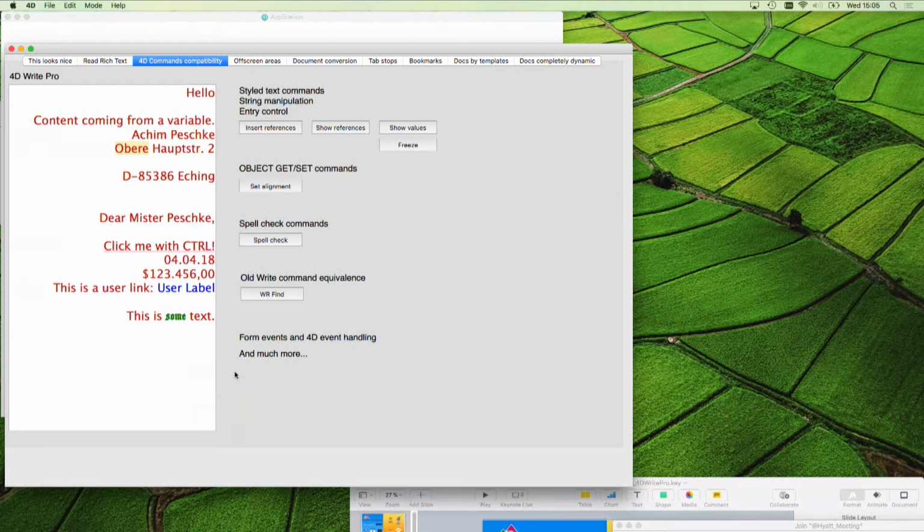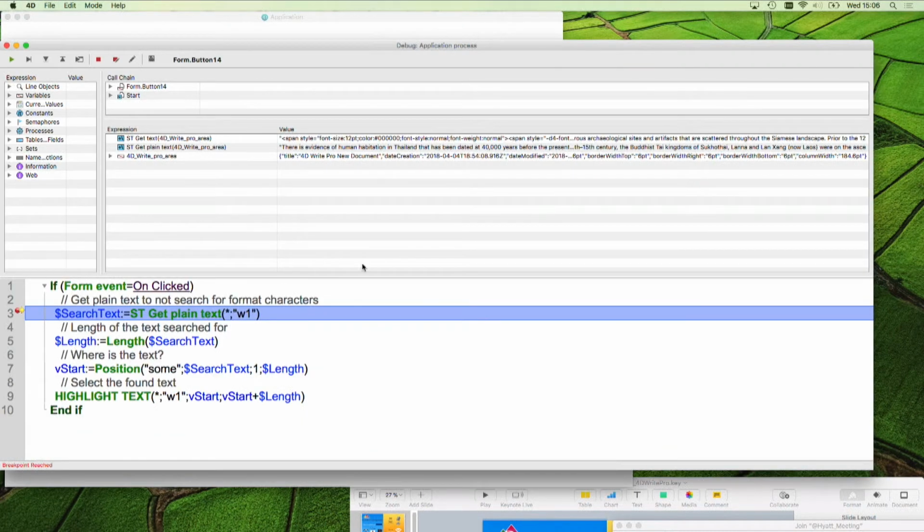So, and now, what is with your old 4D Write programming? For example, an often used command is WR Find to find words in a text. So all these commands do not work anymore. What can you do? Yes, it's 4 lines of code instead of 1 line of code before. You have to rewrite it in pure 4D code. We have not planned